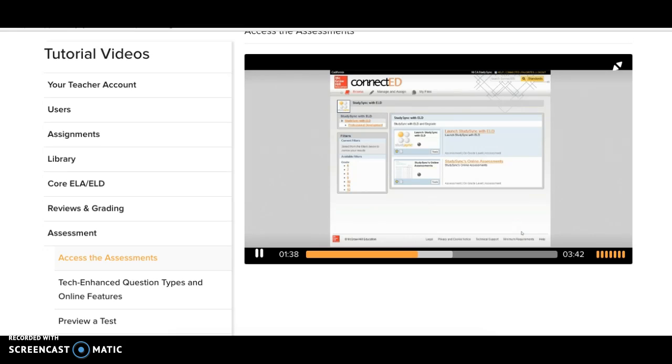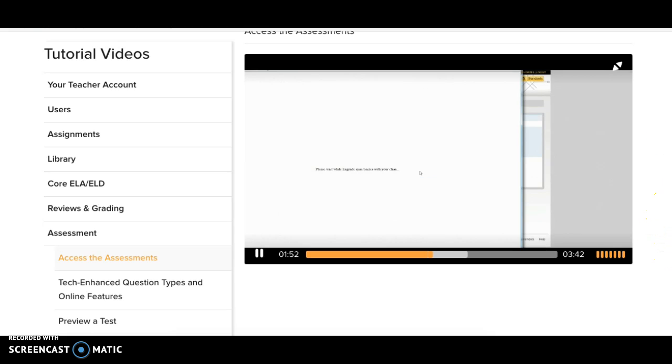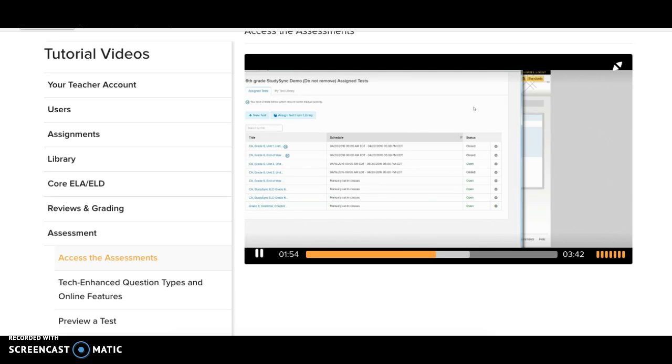To move into the online assessments, one clicks on the StudySync Online Assessment tab and chooses a class. Classes listed here are demos, but they will be filled by your class. Once you enter the Online Assessment Center, the default is the Assign Tests pane. This shows the tests that you have given out to your classes already. To find the publisher materials, you click on My Test Library,